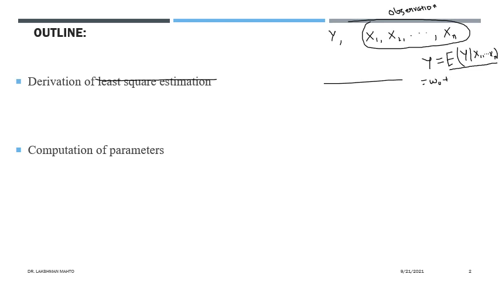It would be a linear function. That means you will have omega 1 times x1, and so on. Simply I am saying that it would be a linear function, that means a linear combination of these coefficients up to omega n times xn. So provided that these are jointly coming from a normal distribution, the conditional expectation will take a linear form. But if y and x have a different kind of distribution, then this is not possible.